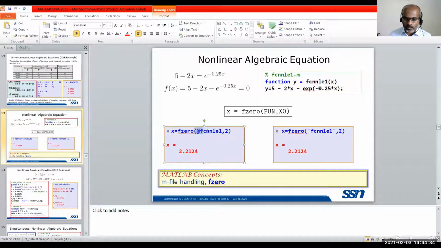The first argument is the file name. You can give any meaningful file name. It should start with an alphabet. Since I'm dealing with a nonlinear equation, I'm giving this as FCN NLE. FCN you can also give like any other name. Nothing matters.